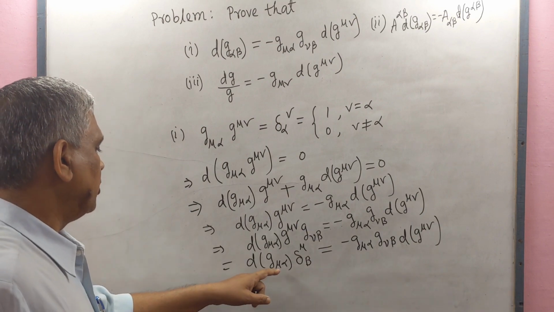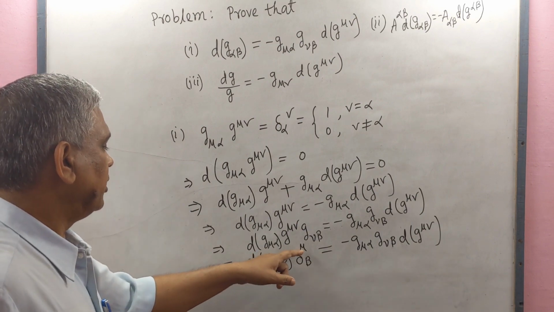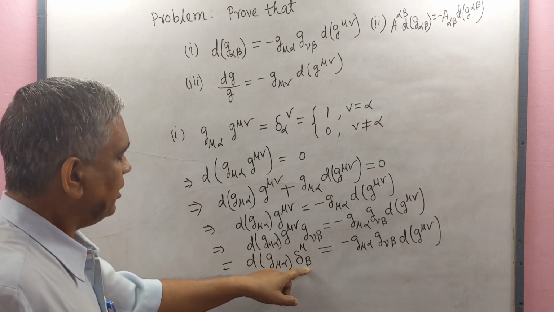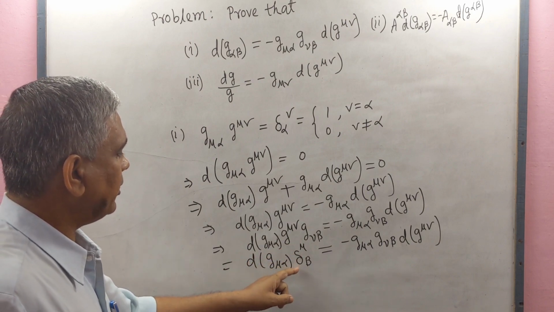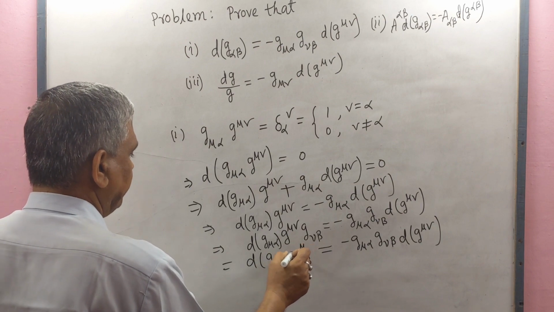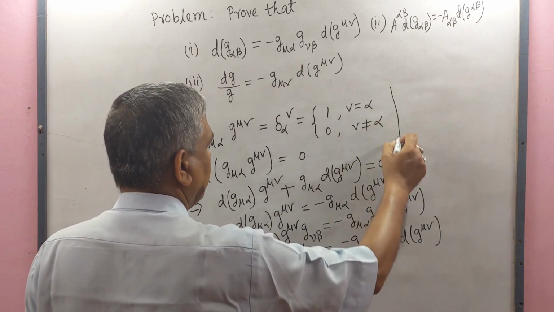Here mu is the dummy suffix, so when mu equal to beta, then value of the Kronecker delta will be 1, otherwise 0. So this value of mu we write beta, implies that